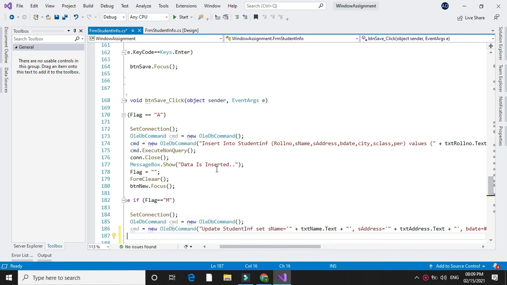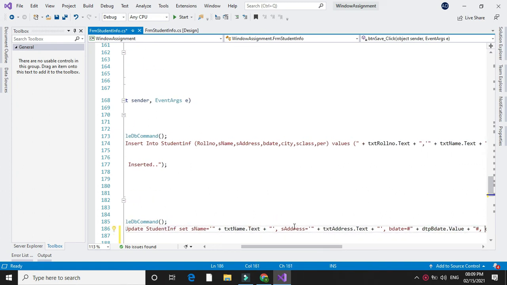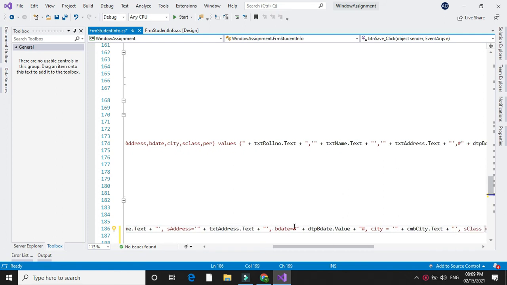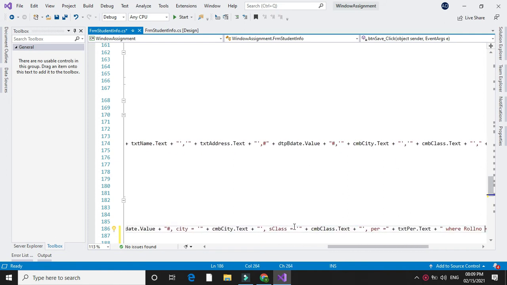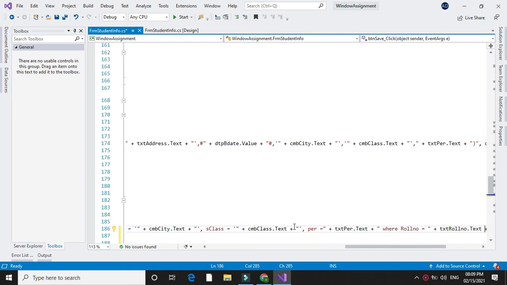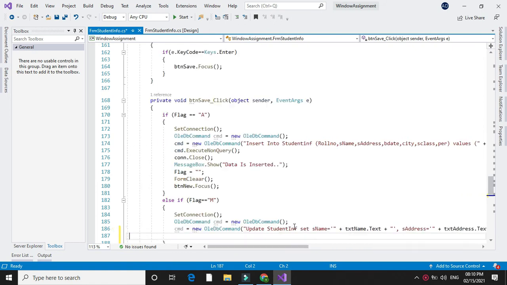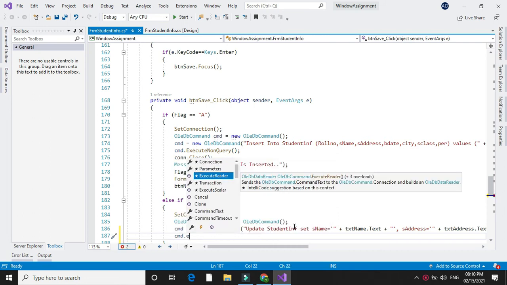So when flag is M, it will execute the update command and set the values on the where condition, where roll number equals the value given in the text box, and we will execute it with cmd.ExecuteNonQuery.